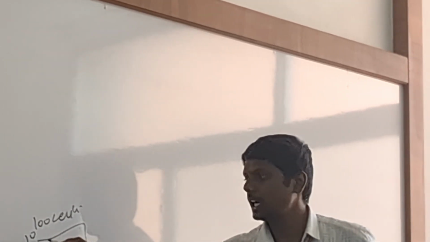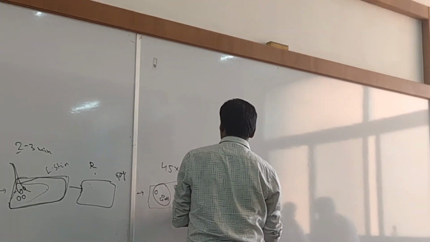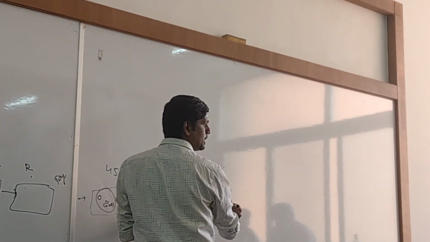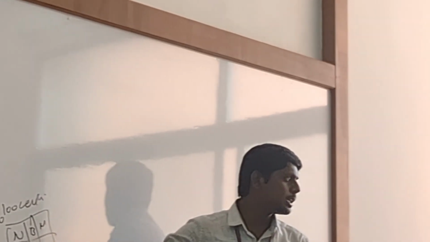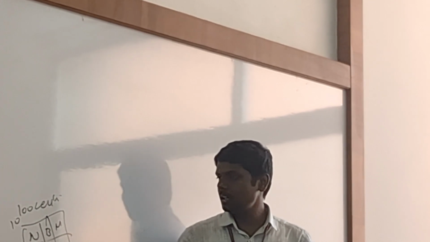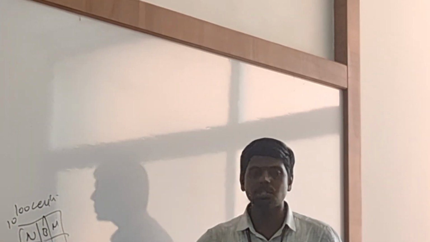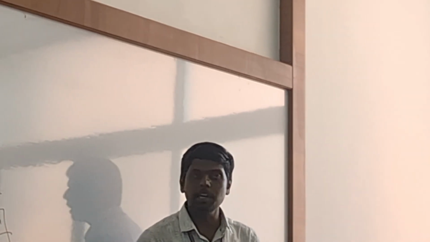How will you count this? You will make a 10 into 10 grid, that is 100 boxes. First you will identify a neutrophil, and from each box you need to write neutrophil. Next you identify basophil, and if you identify a monocyte, you write that. You need to fill all the boxes until 100 boxes are completed. After identifying all the cells, you give the value of individual cells. That will be the DLC count: how many neutrophils you observe, how many basophils, monocytes, lymphocytes, and eosinophils. This will be the DLC report.